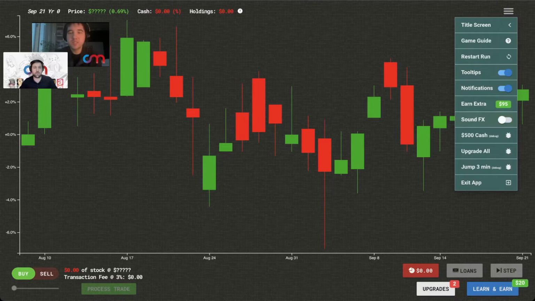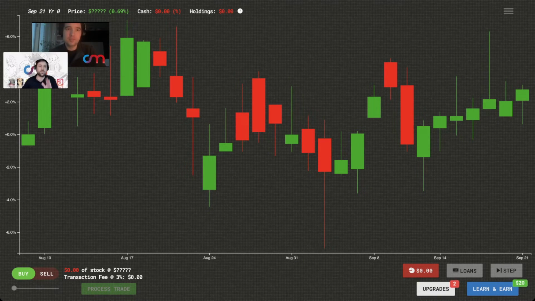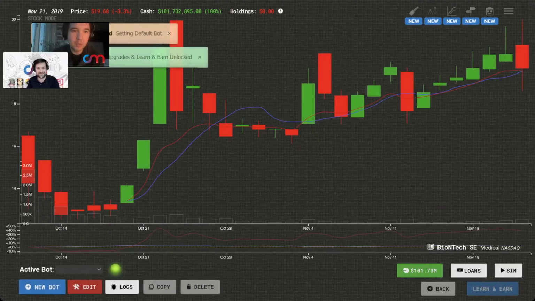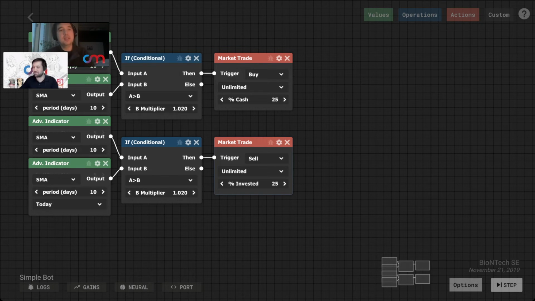Different concepts. Can we push the complexity a little bit more? Because I know we've got about 20 minutes left. I'd love to see, we looked at simple bots. How far can we push it? Glad you asked. You can push it really far. This is called advanced bots. So this right here took more time to develop and build than pretty much 2 times the rest of the game. This is a completely custom-built, node-based, flow-based editor, where you need no programming in order to manufacture any of these bots.